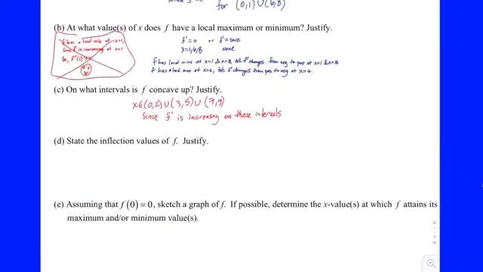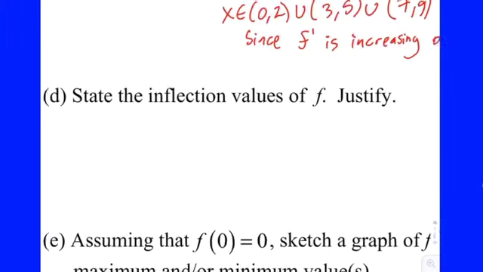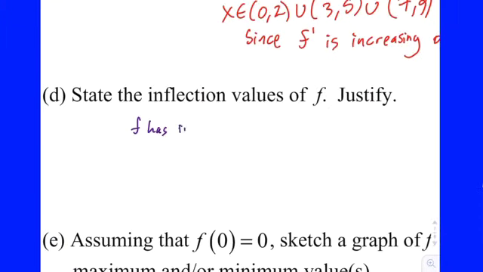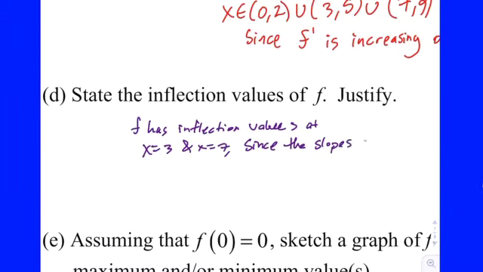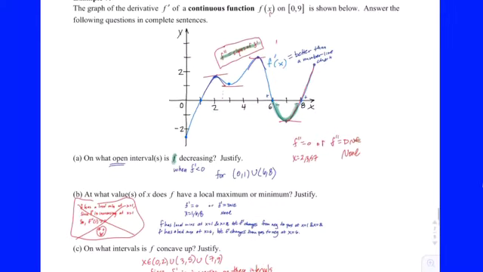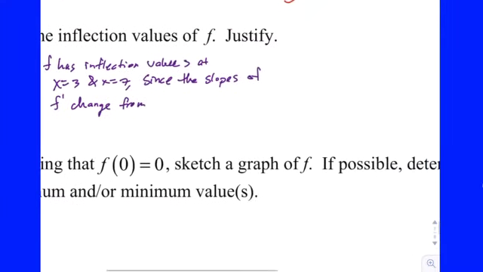Let's write that second one out. You would want to do both of them because they're different, right? So f has inflection values at x equals 3 and x equals 7, comma, since the slopes of f prime change, or go from negative to positive, at x equals 3 and x equals 7. And then you can go ahead and say,